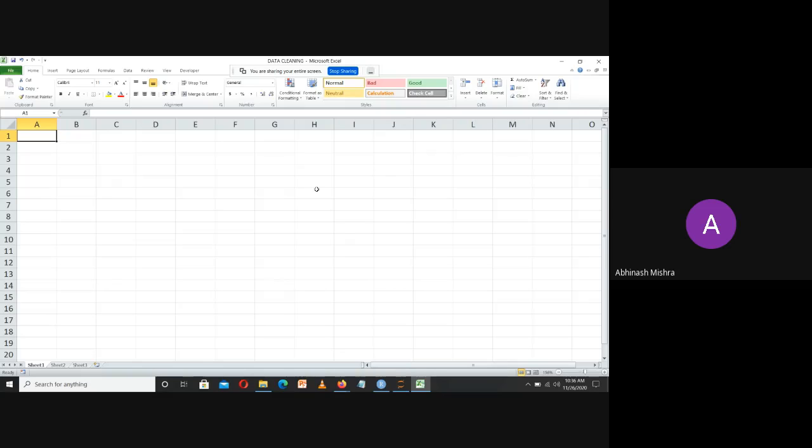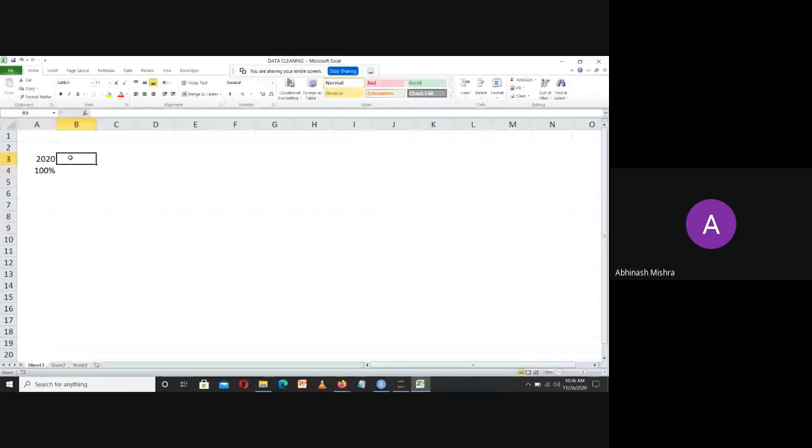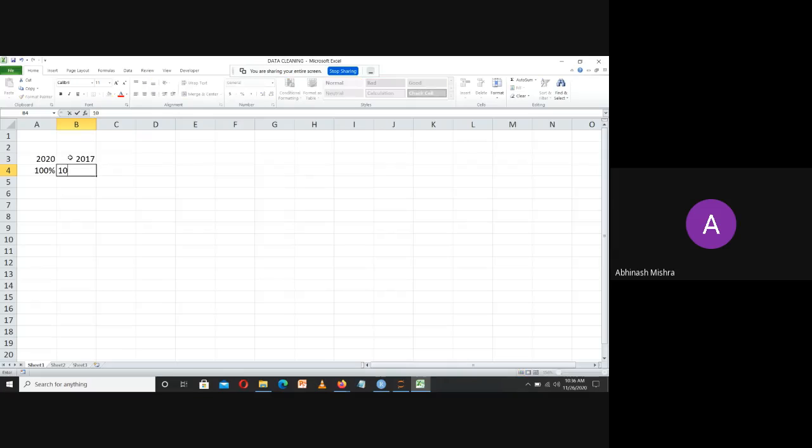Comparing 2017-2018 with now, data generation has grown at a vast rate. If I say that in 2020 I have near about 100% of data, then from 2017 onward we only have 10% of that 100%. So you can see that in the last 3 years we have generated a huge amount of data, and if we have generated a huge amount of data, then we have to handle that data also.